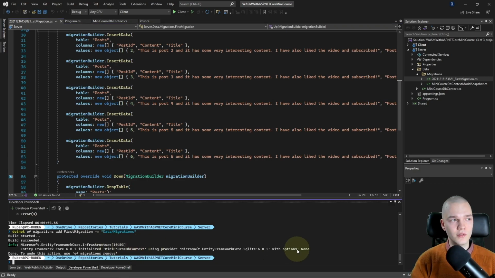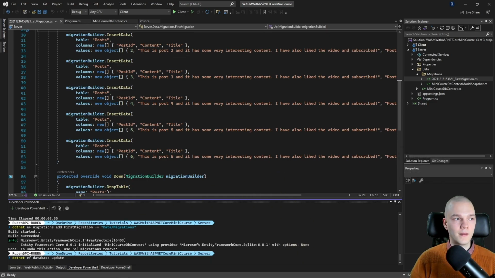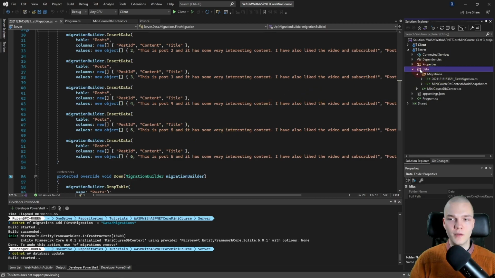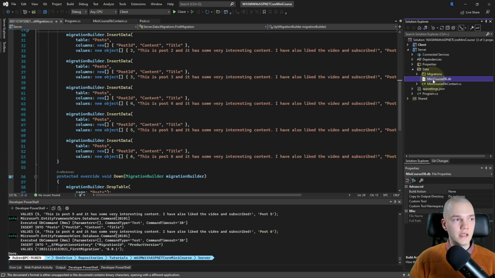So in the terminal, I'll simply do dotnet ef database update. And it should show up in this data folder here. And there we go. A file named minicoursedb.db shows up.